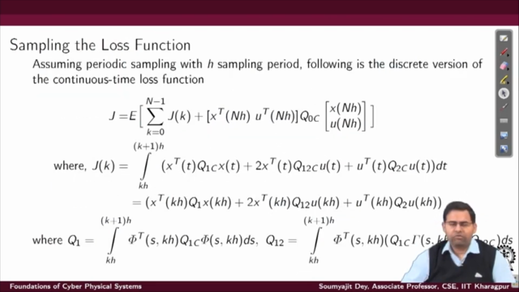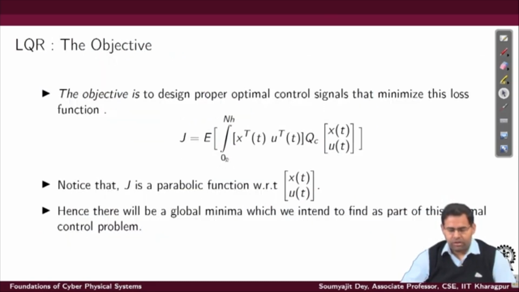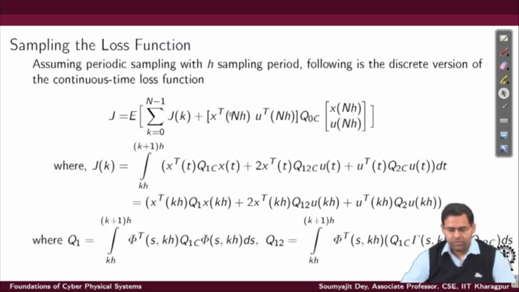So, we said that we will evaluate it in the discrete domain. In the discrete domain, that would really mean that I am going to sum up all these terms. So, I do not integrate the full thing from 0 to n h, but rather I consider these small integrals in each of these sampling periods, because this is discretized with an h sampling period. So, consider these integrals in each of these sampling periods with these following terms like we already discussed, and